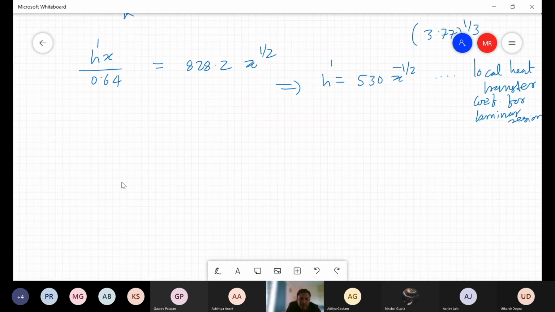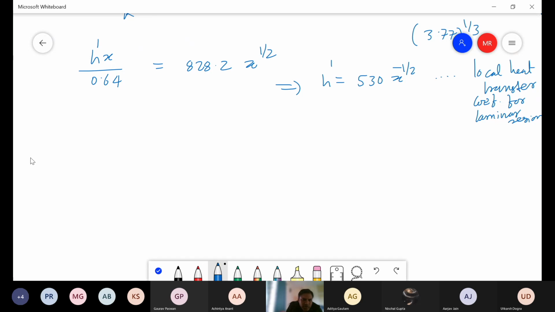So for the turbulent region, between 0.1945 and x, again we can write the expression as h double dash, let's say. So h'' x